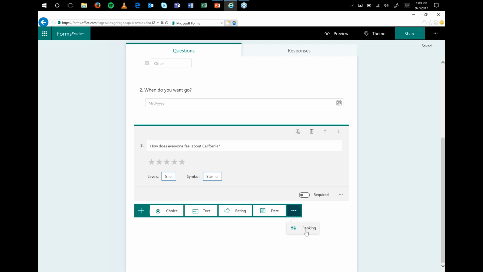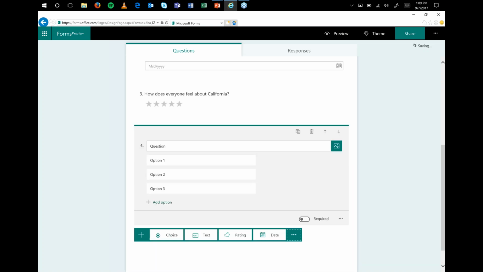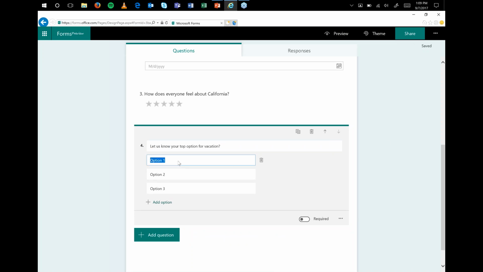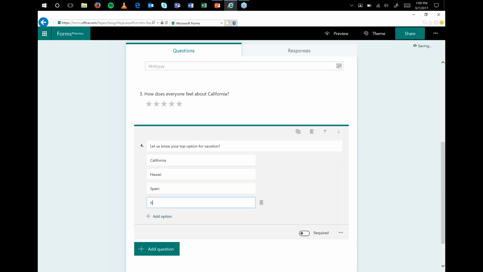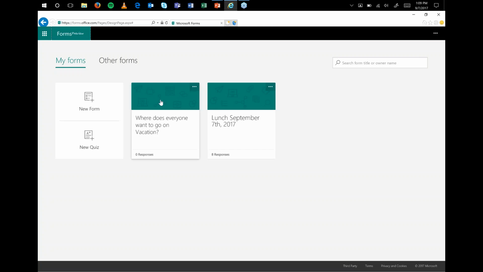Another interesting one is the ranking. So for the ranking, we can use the same question we used above: let us know your top option for vacation. Again, here we can put the same items: California, Hawaii, Spain, and Italy. And once you save it, if I go back to my forms, if I go back to where does everyone want to go on vacation,